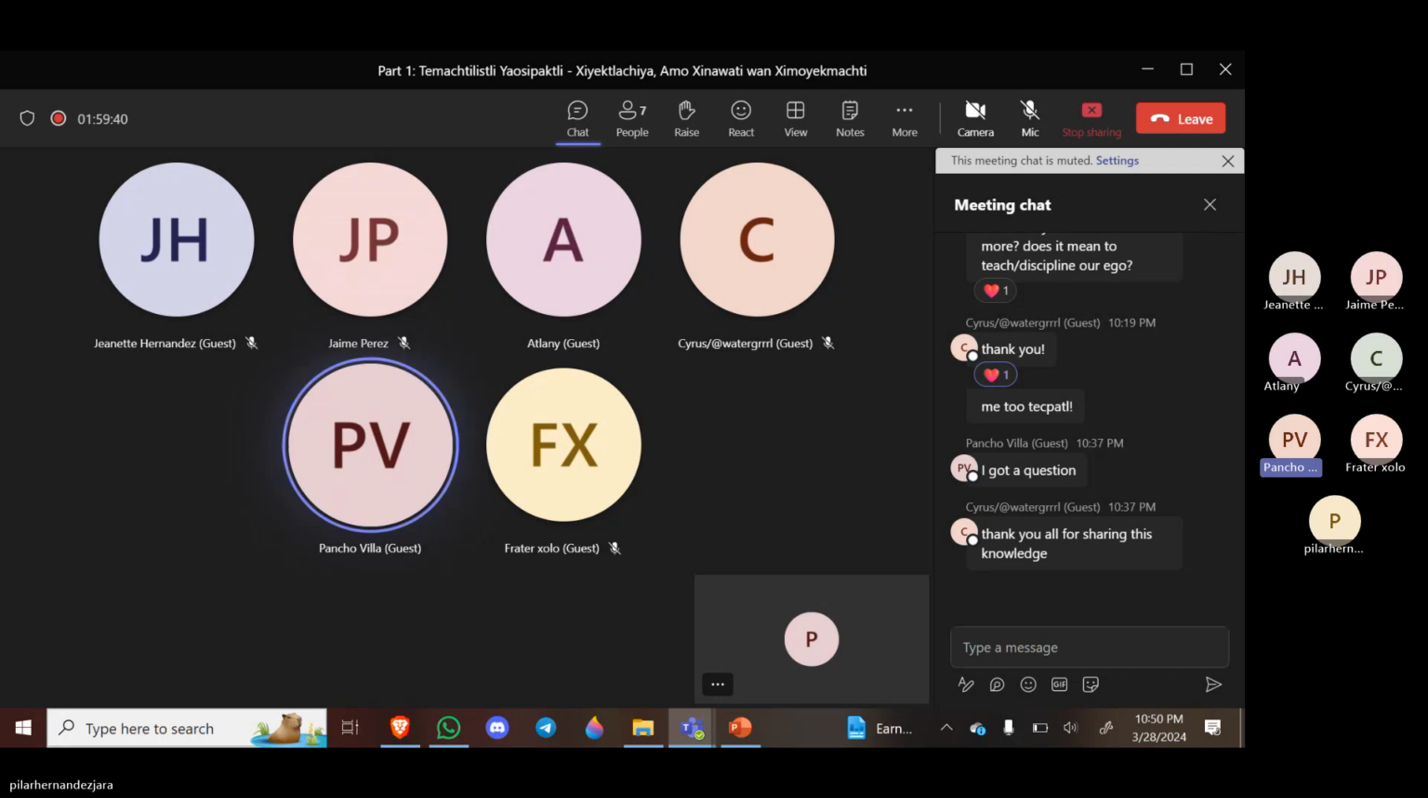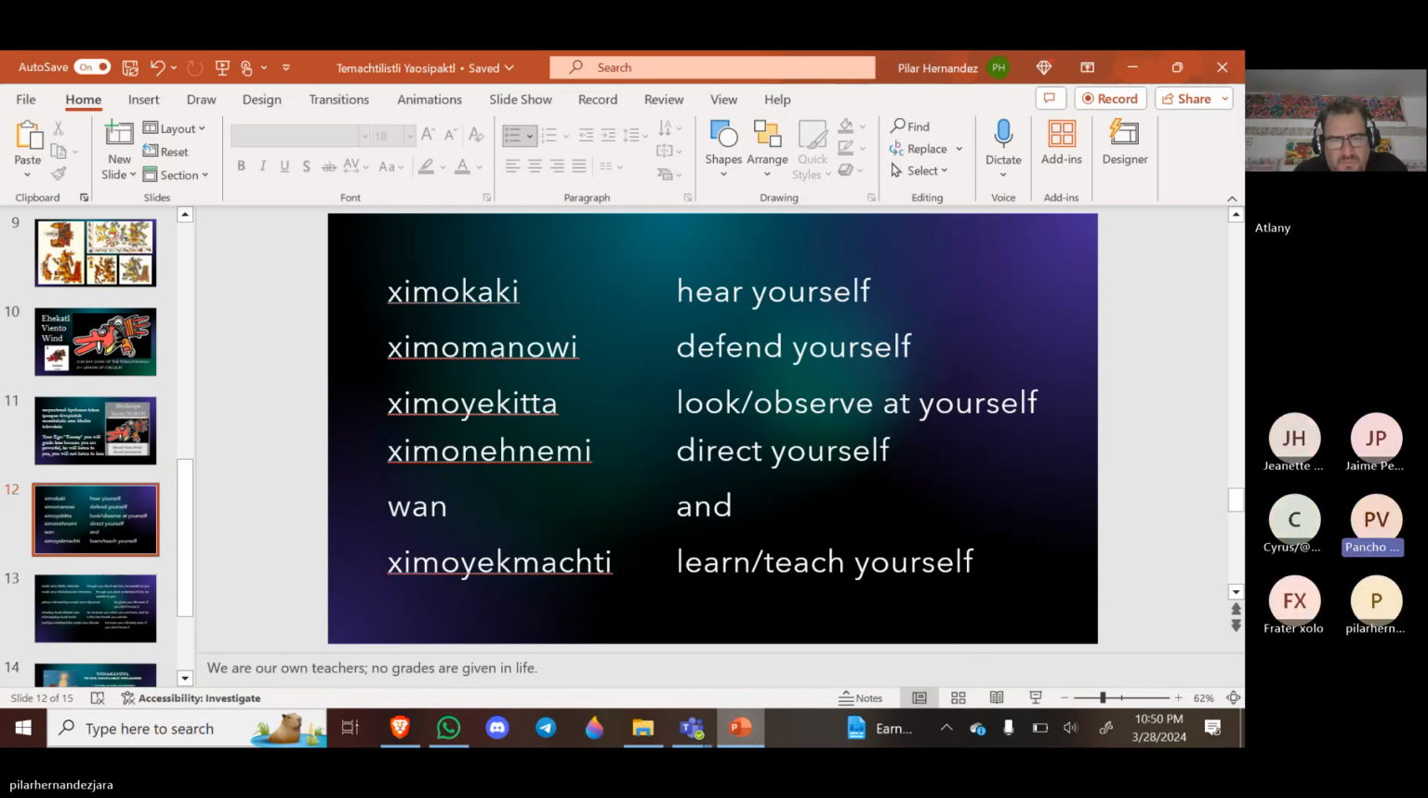Básicamente, lo poquito que entendí es que se están basando sobre la sabiduría, the wisdom of, if I'm not mistaken, the 20 days, or the 20-day signs, like the different energies and aspects attributed to the 20-day signs in the Tonal Machotli, or the Tonal Lama, or the different 20-day signs, if I'm not mistaken. But I do find it really interesting too because